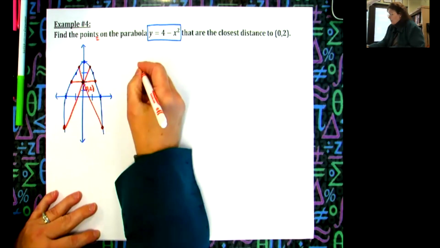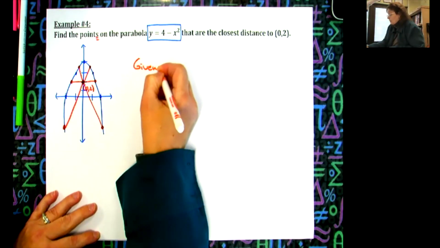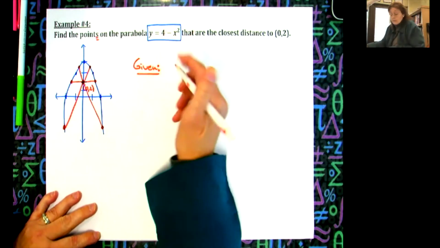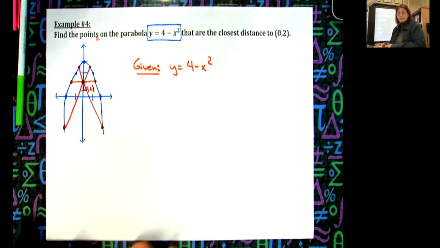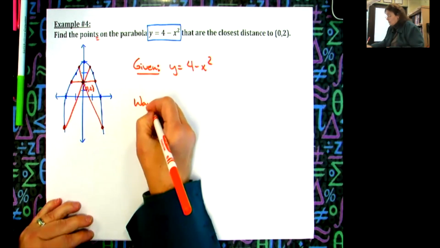So let's go ahead and do our given and our want and all that kind of stuff. What were we given? We were given that equation already solved for y. So that takes care of our first step. We don't have to do that anymore. Now we want to